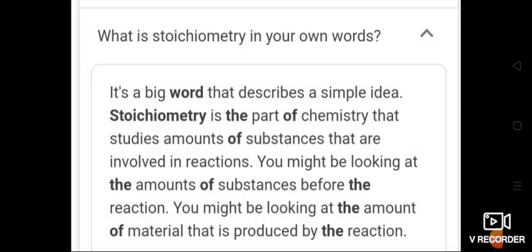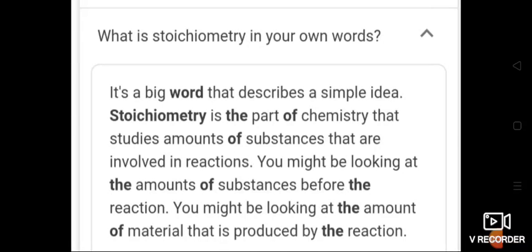Next, another important word: stoichiometry. Stoichiometry is the study which deals with what? Let us see. The word looks very difficult and different, but actually it is commonly known as mentioning the reactants and products. That's all. Just different terms we use to mention the chemical reaction, that is known as stoichiometry.